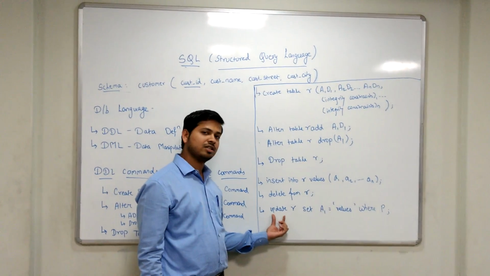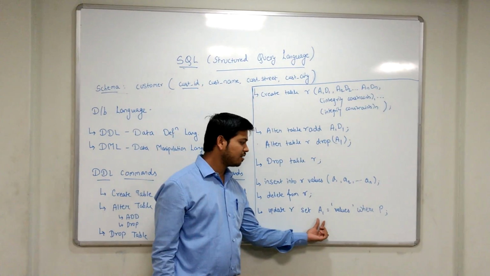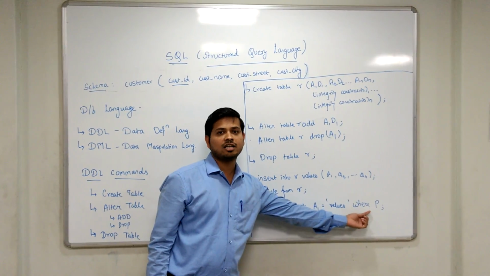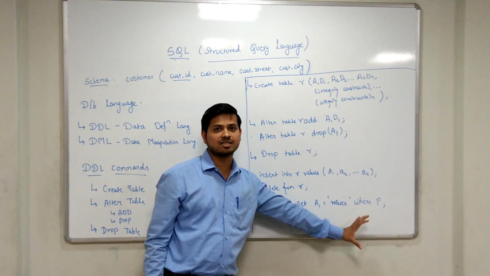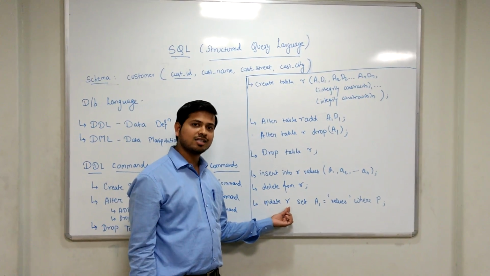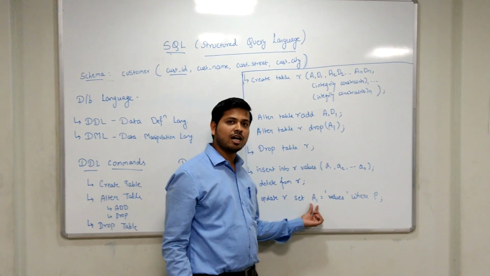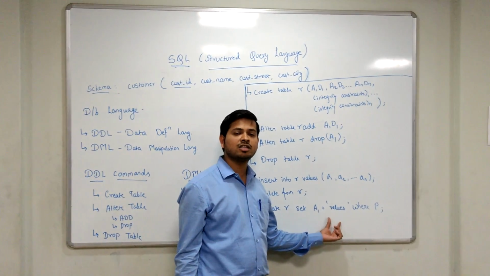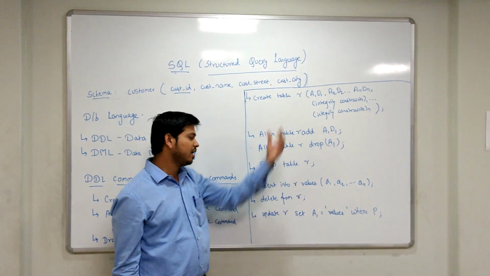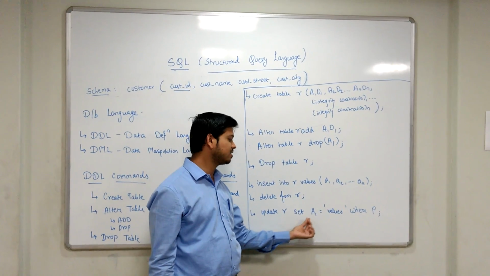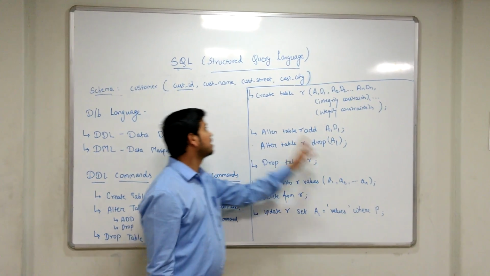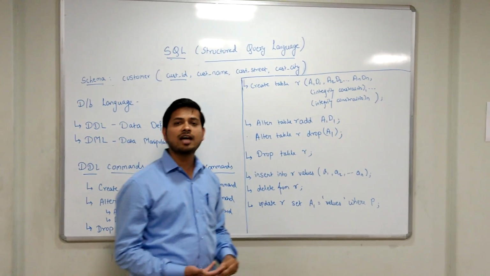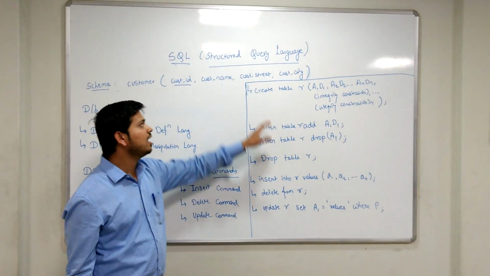Here we use the syntax update R, then set attribute name, and here you give the value of that attribute, and finally you provide the condition for which tuple you have to modify. Update R means R is the existing relation, A is the attribute that you want to change in the relational database. Suppose we have to change the city of the customer from Delhi to Mumbai, then we write update customer set city equal to Mumbai where customer ID is equal to 1. It means we have to provide the condition,